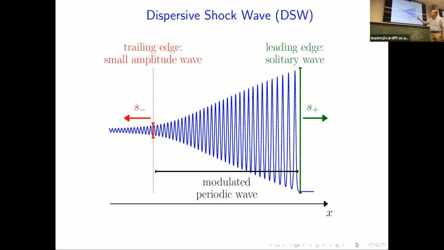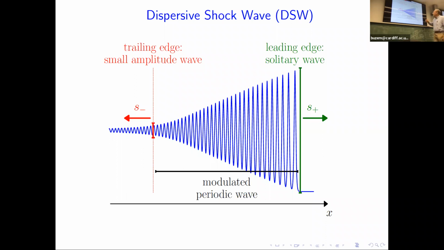And in the middle is what we call a modulated periodic wave. So the amplitude is obviously changing smoothly. The frequency or wave number is also changing as a function of this horizontal variable, the spatial variable. And the average, in fact, it looks very symmetric, but in fact, the average is also changing on that slow spatial